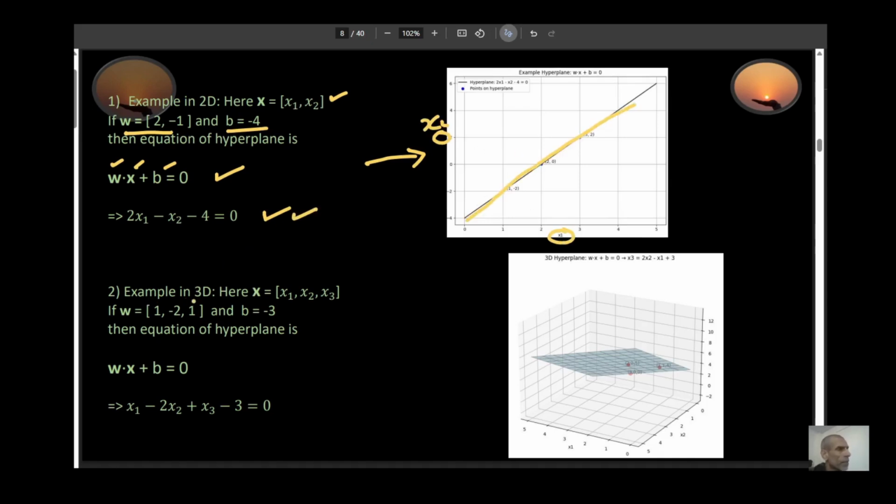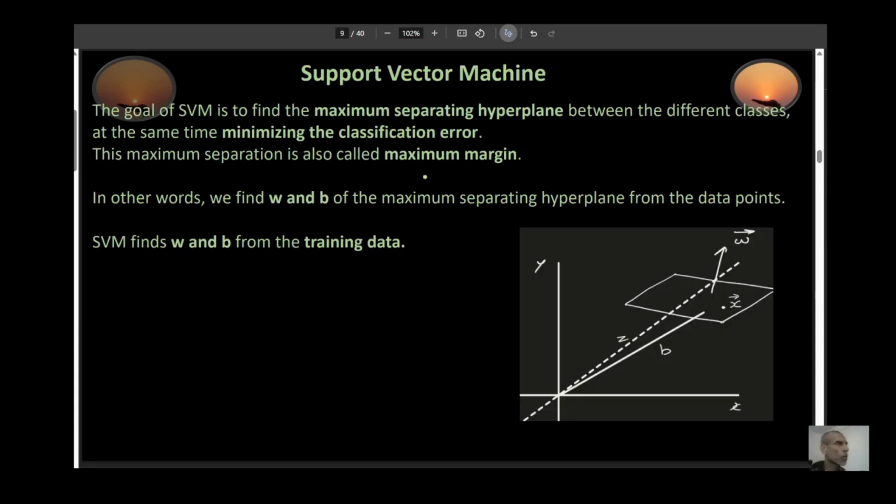Let's take a look at an example in 3 dimensions. So this is any point on a hyperplane. Let's say my w equals this, and let's say b equals -3. By the way, b can be negative. Then the equation of the hyperplane, putting the values of w and x in there, you will get this expression. This is for the case of 3 dimensions, and this is your hyperplane right here. So the goal of SVM is to find this maximum separating hyperplane between the different classes of points,